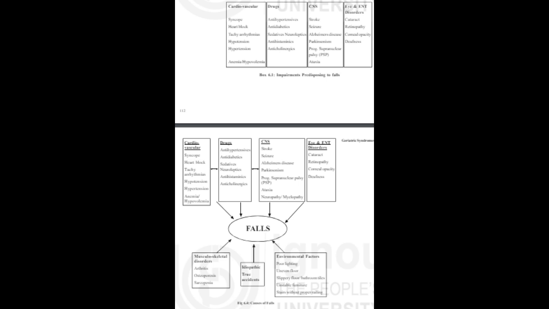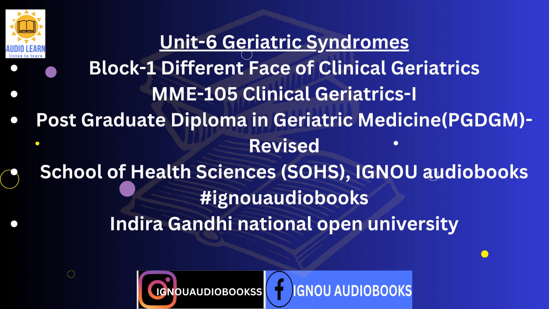The evaluation of the cause of fall remains pivotal in the process of treatment. Improper and inadequate assessment might result in recurrence of the fall, as in case of a stroke or postural hypotension. The causes of falls have been elaborated in Fig 6.4. Box 6.1. Impairments predisposing to falls. Look at the screen. Fig 6.4. Causes of falls. The following must be inquired for getting more insight into the causes of falls. A. History of fall. In elderly individuals, falls can occur during any time of the day, but the number of falls are more during night hours and early morning hours.